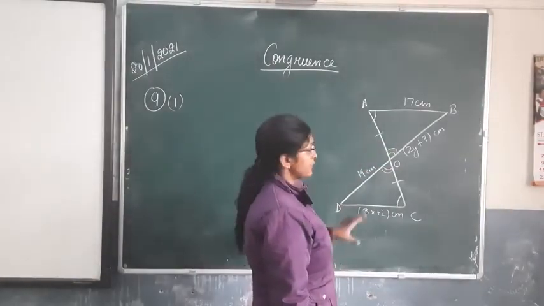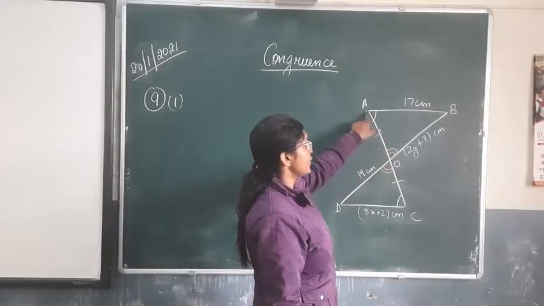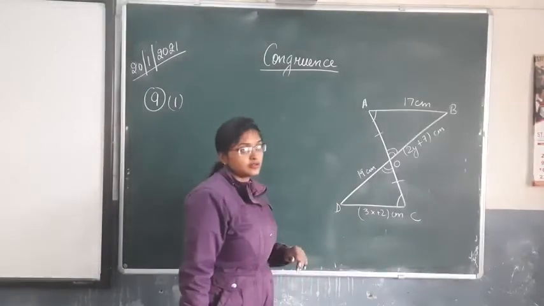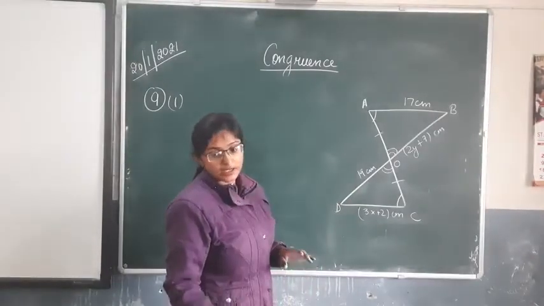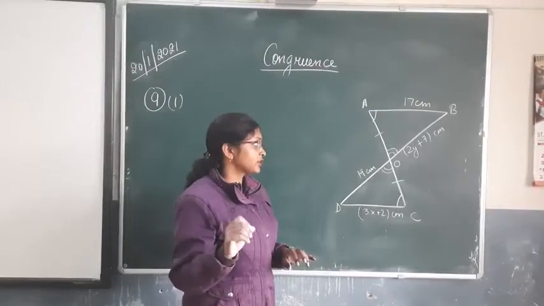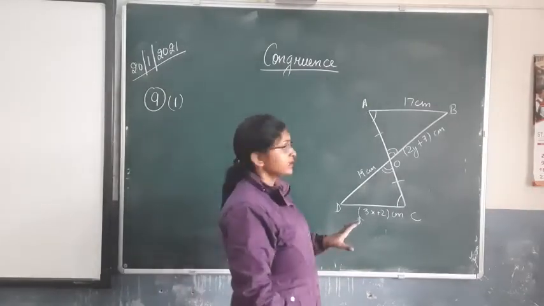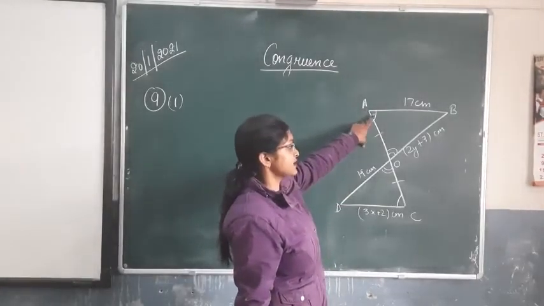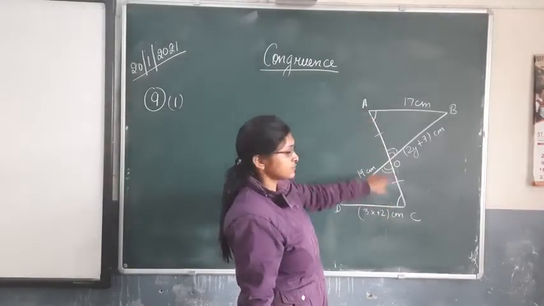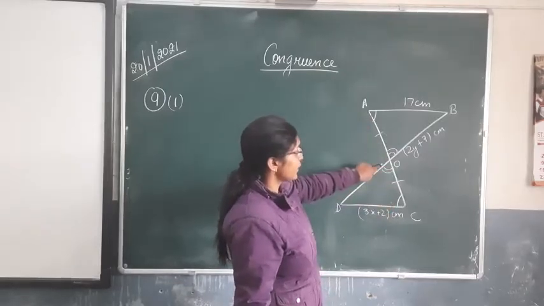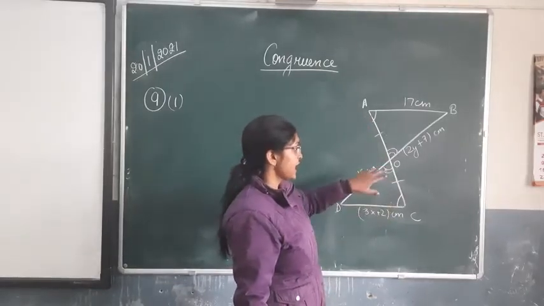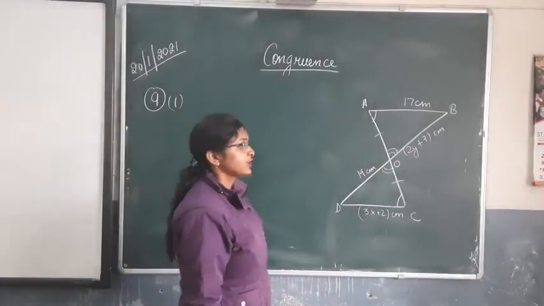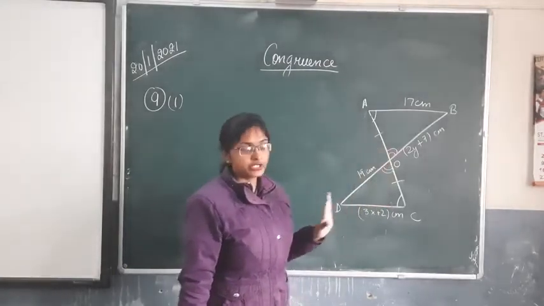So here what we will do, we will firstly prove that these two triangles, triangle OAB and triangle OCD, are congruent to each other. What is given in the question here? It is not mentioned in the written form, but it is represented that this angle is marked a single time, so that means angle A is equal to angle C. This side OA is equal to side OC, and these two angles are equal to each other by vertically opposite angles. So that means these two triangles are congruent to each other.